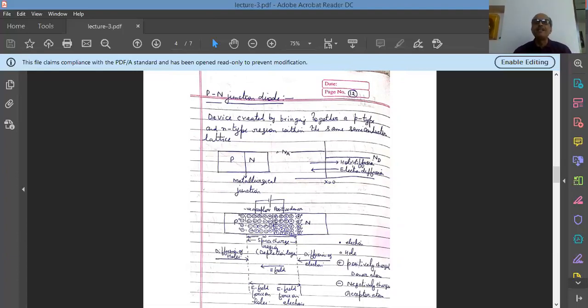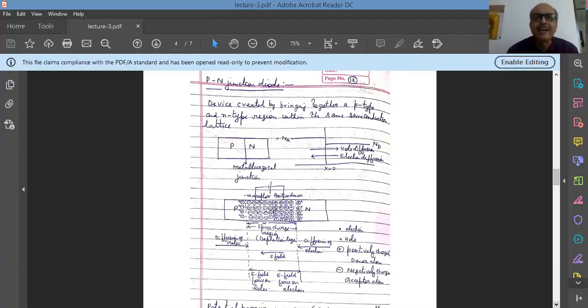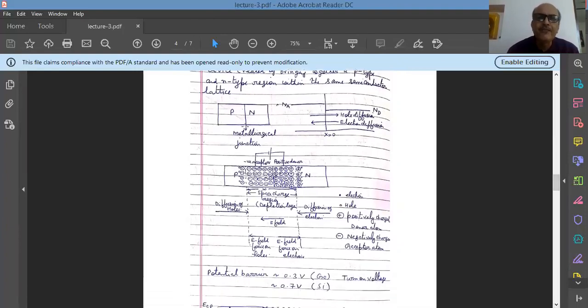So now we have to understand how long they are going to diffuse. Is it an indefinite process? The answer is no. So if you look at the figure here, this solid dot is an electron, the open circle is a hole, this plus enclosed in a circle is a positively charged donor atom, and a negative enclosed is a negatively charged acceptor atom.